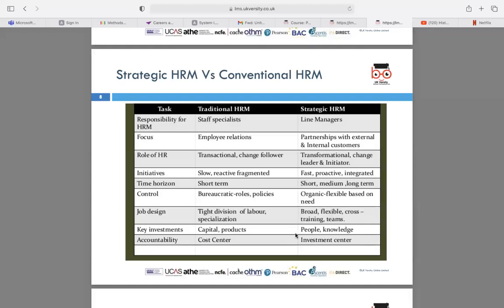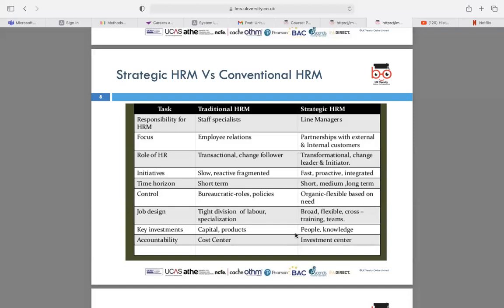And then before, the role of HR was very transactional. Transactional essentially means that, all right, this is your file, you're working with us, this is what you need to do, this is how much workload you're going to have. But now it's more of your leader motivating you, and someone being there to push you to do better every time. Then there were different initiatives that came up. You had a very slow approach to HR, but now it's a very proactive approach wherein you need to come up with different strategies and make changes proactively to be relevant in the market.